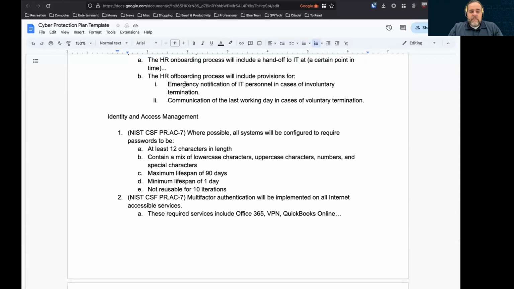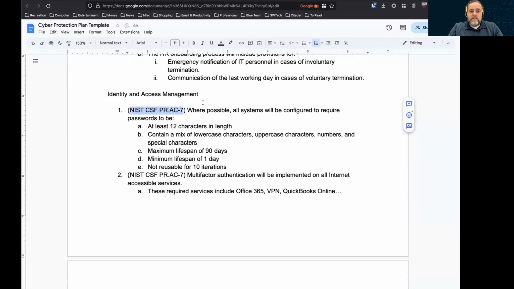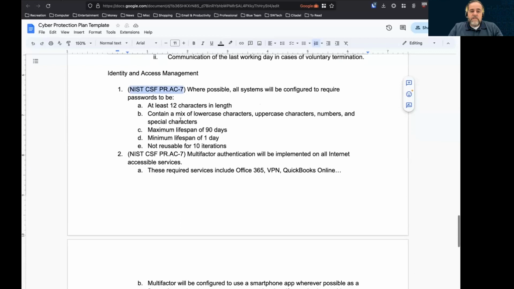Identity and access management. Now we're talking a little bit more about technical controls here. Again, we referenced the NIST control that we're using here. It says where possible, all systems will be configured to require passwords to be, and then a whole slew of technical requirements for those passwords. Multi-factor authentication will be implemented on all internet-accessible services.